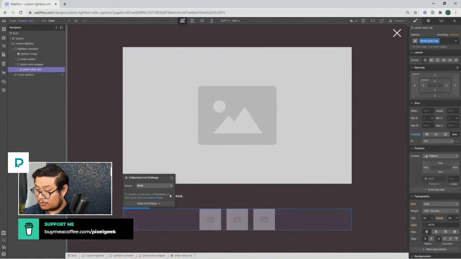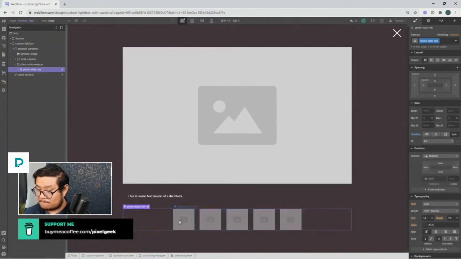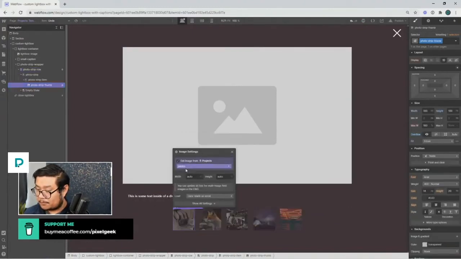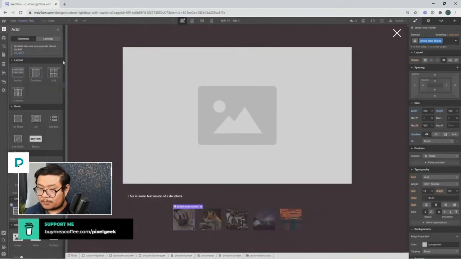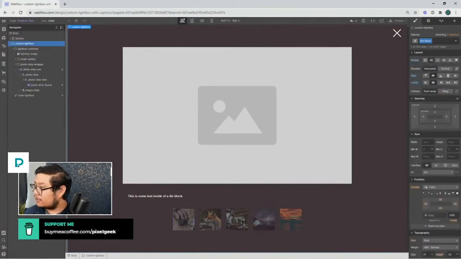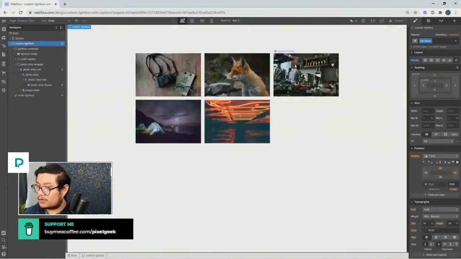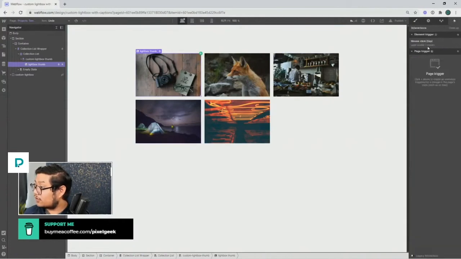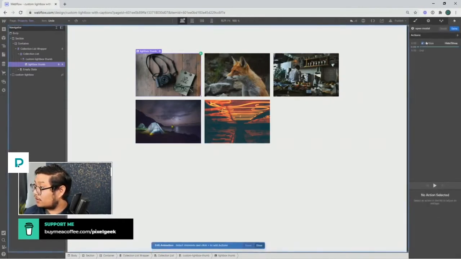Photo strip row. So this, let me double check my stuff. So this is going to open